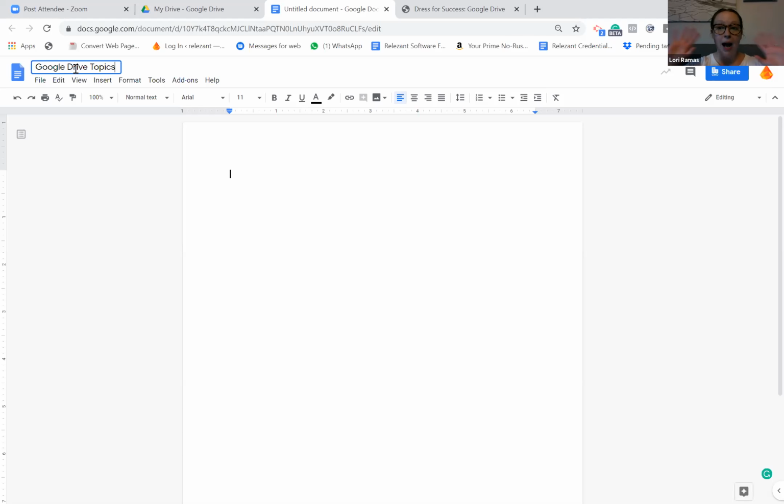Maybe that's one way you want to organize and name your documents. You can name it any way. Here's how I recommend it. Name it the way you think, and how you will remember it. Just because a speaker uses a certain word, if it doesn't relate to you, use the word you would use when you're naming and organizing your documents. And then the rest of it, if you've ever written in Microsoft, formatting, font, all of the rest of that is almost identical to Microsoft Word. So that's the quick demo for Doc.